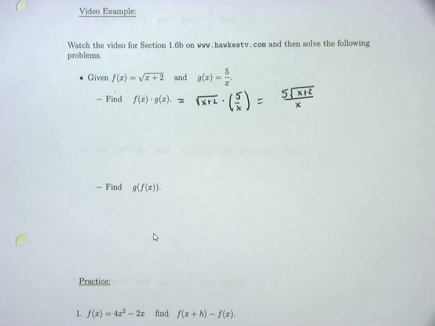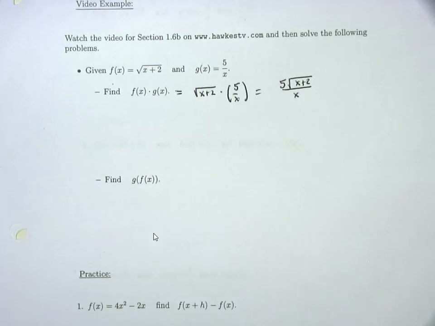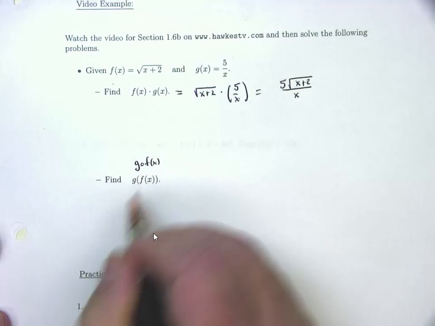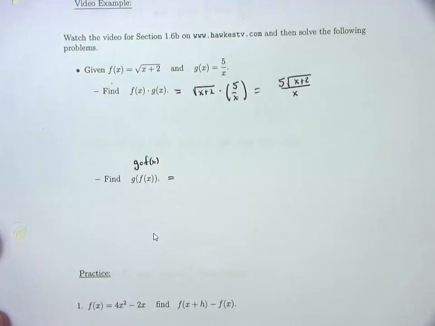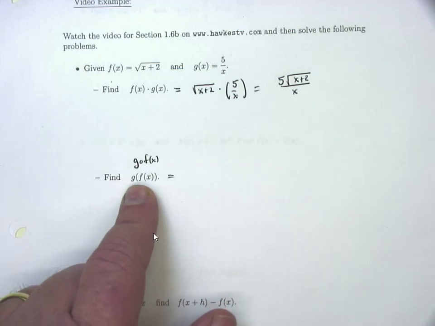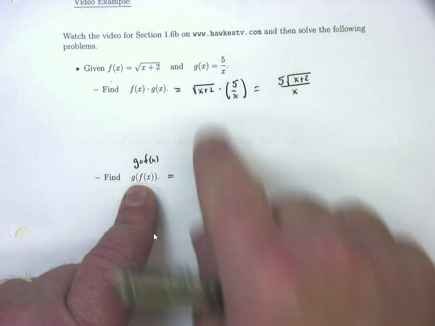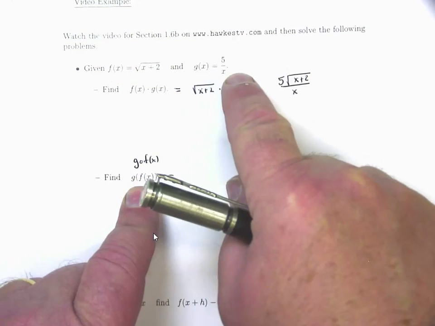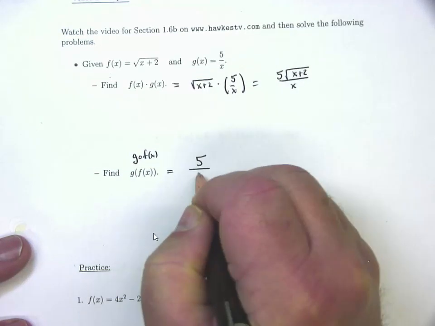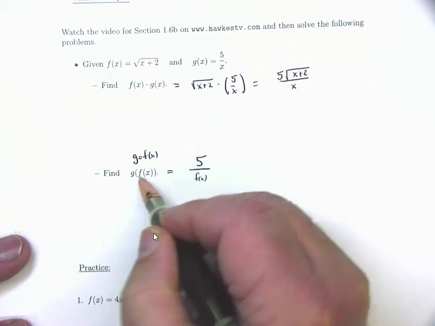Does that make sense? Now this guy here, g of f of x. It would also be written g of f of x like this. Now what you're supposed to do is plug one function into the x of another function. It's basically inside, outside. That's what we're focusing on. G is on the outside. G is your commander, the guy in charge. What does g look like? G of x looks like 5 over x. So it's going to look like 5 over, instead of x, we're going to put in that f of x function, replacing the x with what's on the inside.